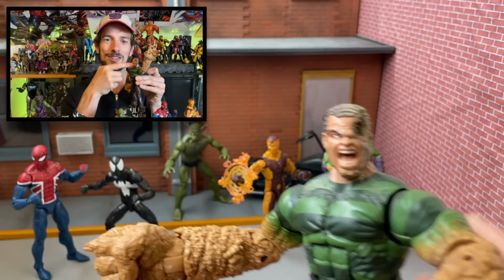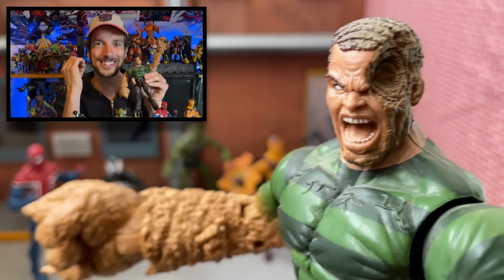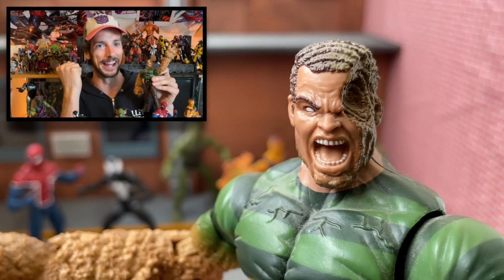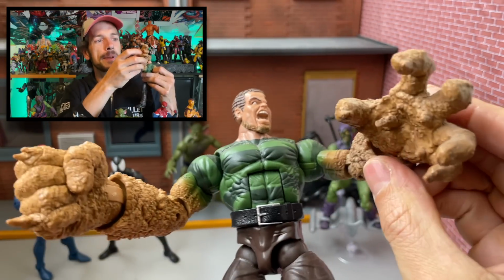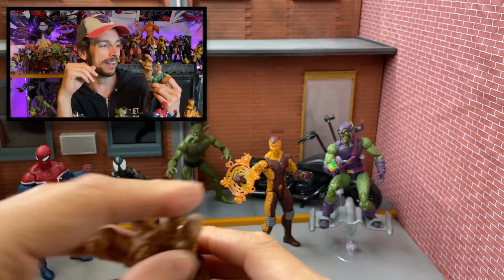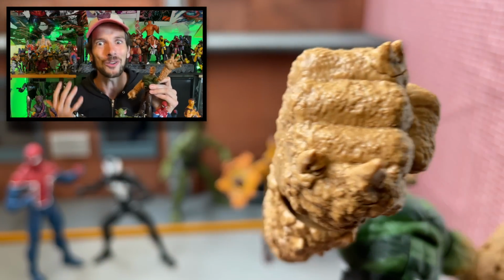I will always use this beaten up looking head with the big crater in the face. He looks pissed. That's so cool. He looks furious. Really badass. Like, if I was Spider-Man and I saw this, I'd be thinking, oh boy, I'm in trouble now. And then this huge grabbing hand with the sand dripping off the hand and reaching out, almost like at the angle it's here, like it's being magnetized, drawn towards someone. So great. Then you got the fisted hand here ready to just smash into someone,